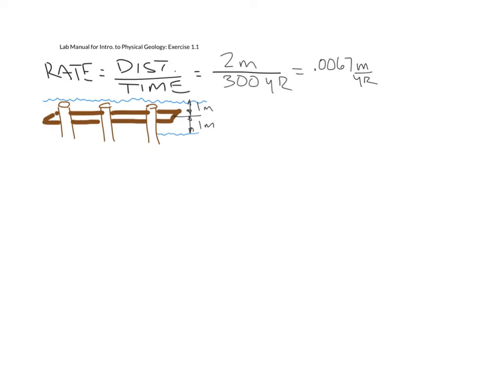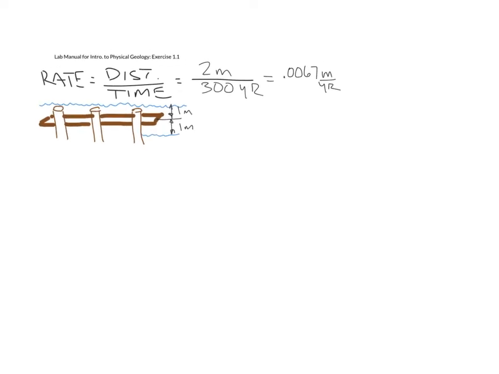Let's change that to centimeters per year. So I'm going to show you guys how to convert from one unit to another, a skill that you're going to need for this class. We want to make meters into centimeters, and I'm going to do that by multiplying times the ratio of meters to centimeters. In 1 meter, there are 100 centimeters. That's given in the problem, and something that you should just know in general because that comes up a lot. When we set it up this way, this is going to allow us to cross-cancel our meters,